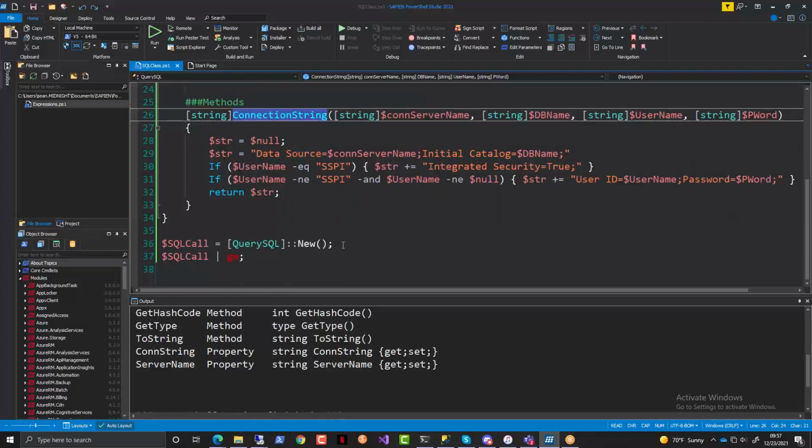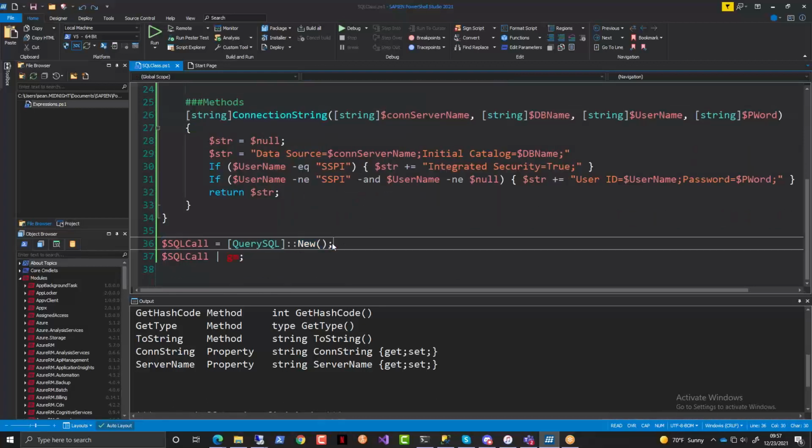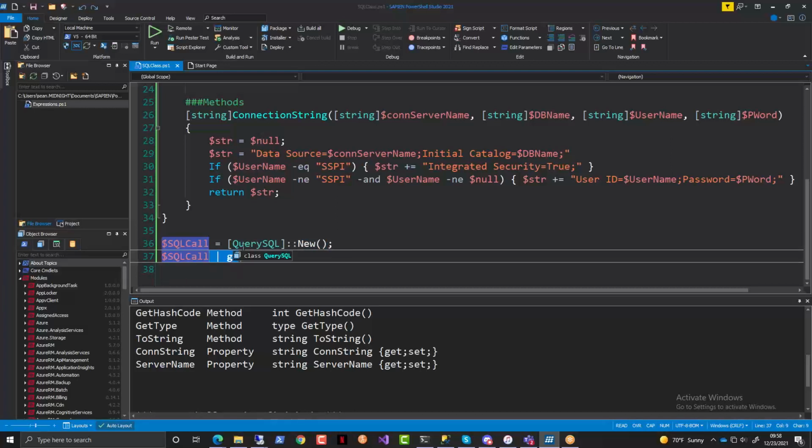I've instantiated this new instance of query SQL, right? So right now I've got a blank frame of a car. And now I just call it. So now I just say SQL call dot, and you see there, it even shows up in the thing. So now I just need, let's pass it some hard-coded values for now. I'll say localhost,